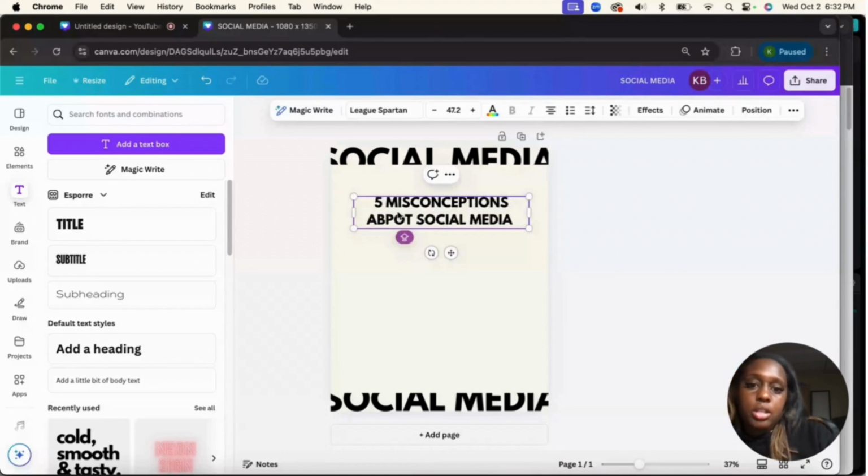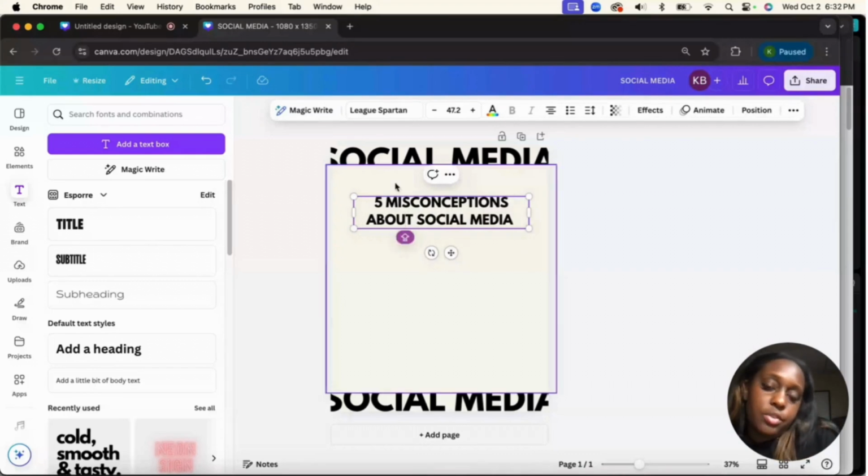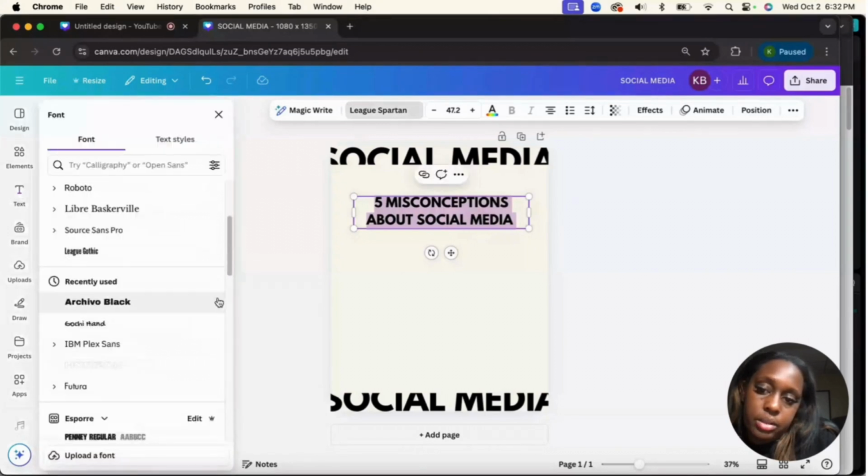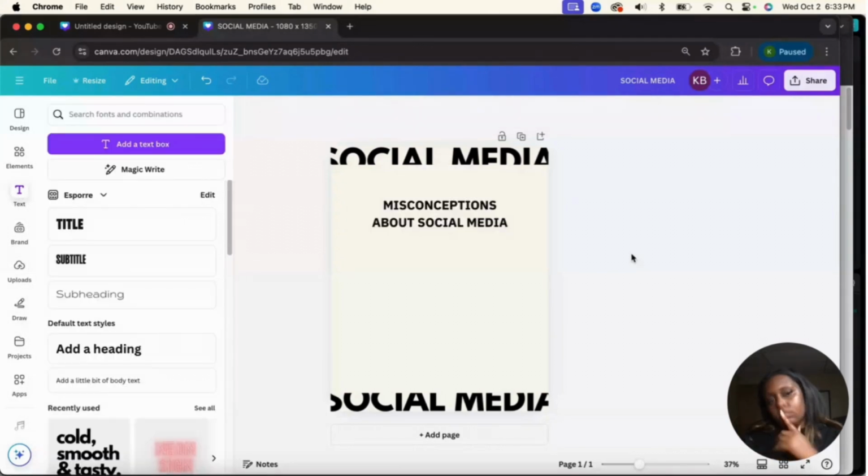And I am going to change the font for this. I kind of want it to be different. I'm really making a simple graphic. If you ever just want a simple graphic but with an edgy design or just something that's eye capturing,